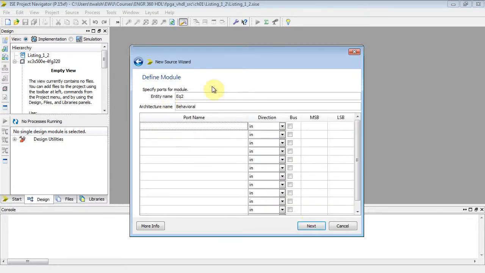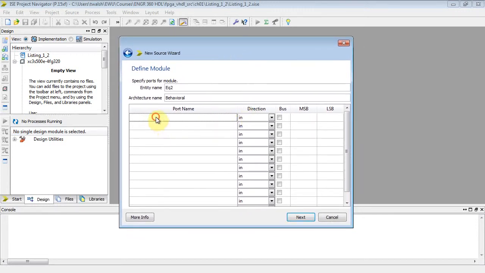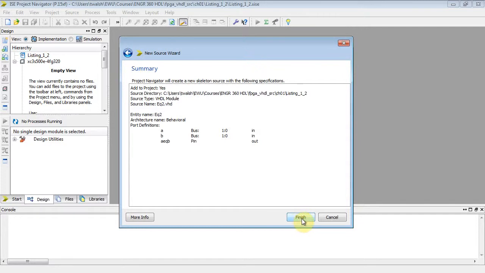Then next. Now here you can do your inputs. I've got an input A, which is a bus, where the most significant bit is 1 and the least significant bit is 0, because I've got A1 down to A0. Then I've got another input called B, which is also a bus, with most significant bit 1 down to 0. Then I have AEQB, and that's an output, so change that to an output. That's not a bus, so turn that off. It's a single bit quantity, and that's going to stub out my entity section. So if I do next, finish,